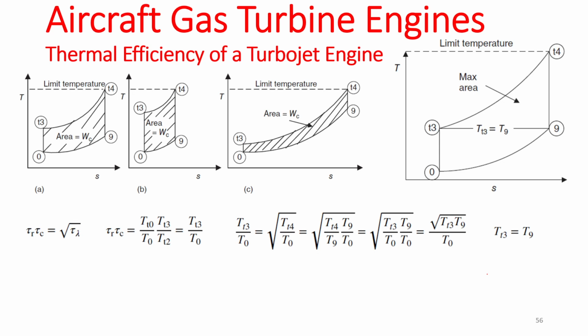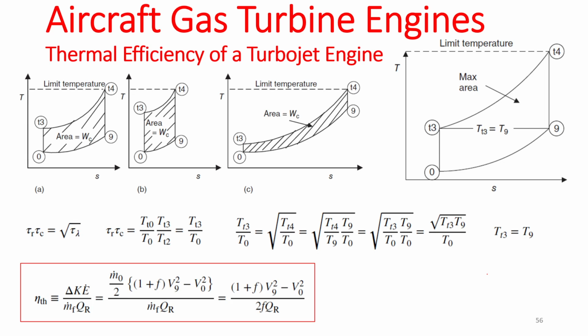Okay. And so essentially, you just have to know that there's always a compromise somewhere, right? And I also want to remind you that we define the thermal efficiency of a turbojet engine as the amount of the heat changes in kinetic energy divided by the total input heat, essentially, and that's f multiplied by QR. Okay,